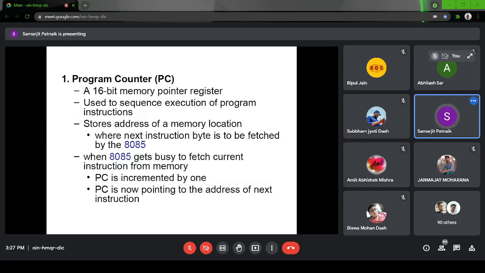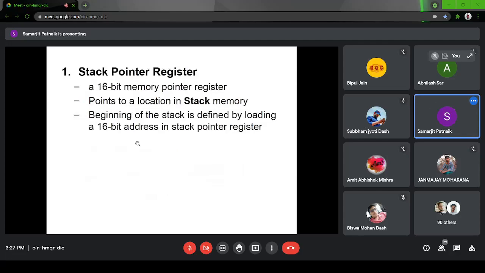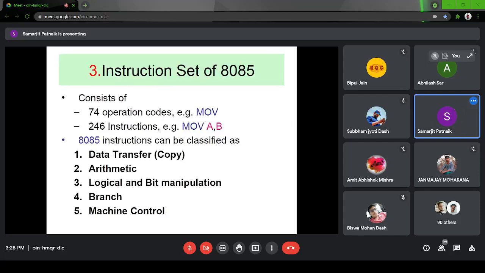Okay, all these things you will understand once we write a simple program. Once I write a simple program, everything you can understand. For now, these are the basic definitions. There is something called stack pointer. Stack pointer is again a 16-bit memory register. It points to the stack, which is a last in, first out kind of data structure. Whenever we use a stack, we will be doing push and pop operations. At that time, we can use the stack pointer to store the memory location. This is a special purpose register, the stack pointer.